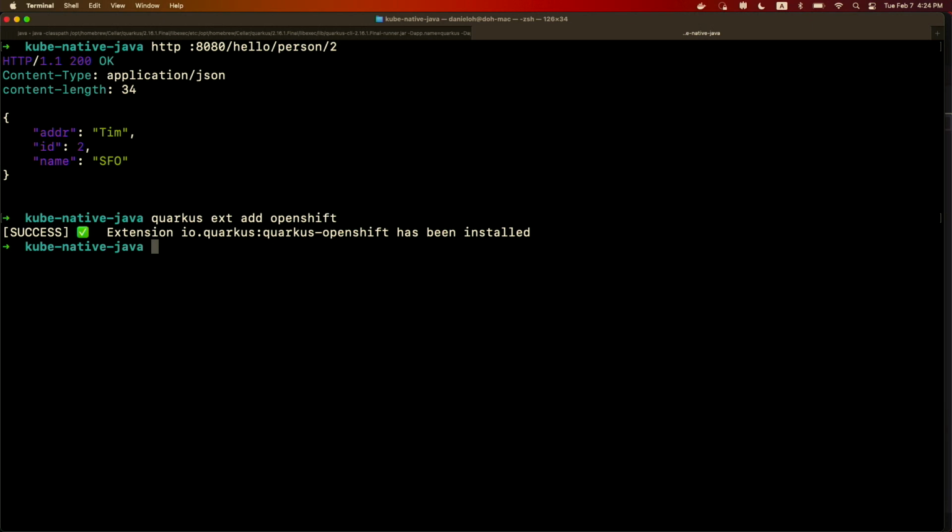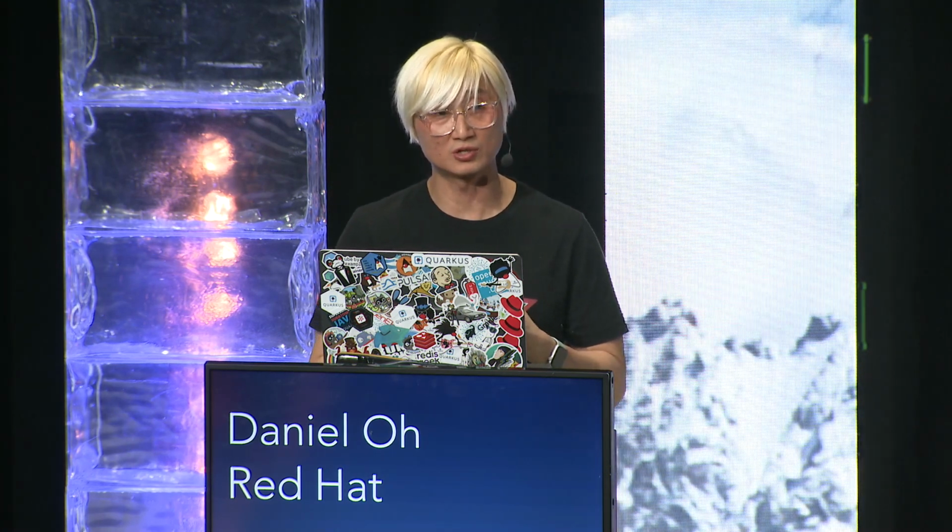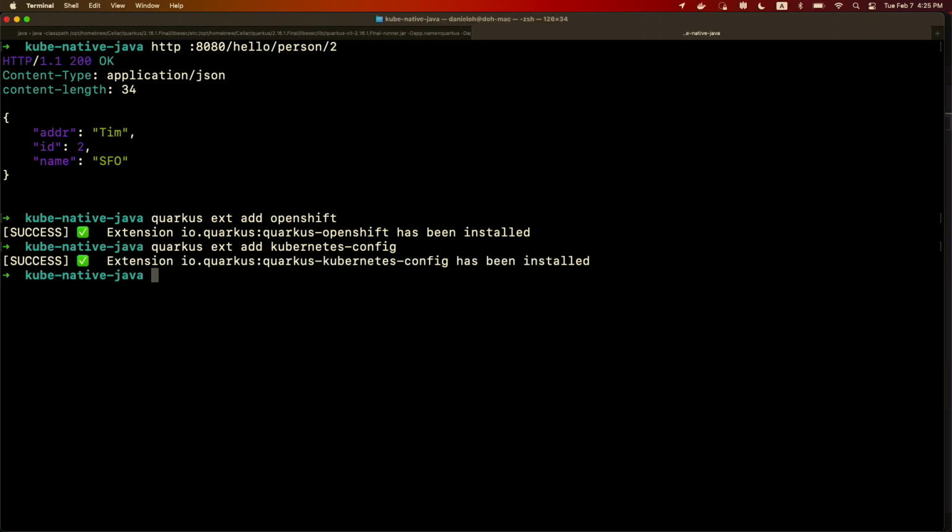In the general process, the developer creates the Kubernetes YAML file to define where my container image is, what kind of application, and where my services are, like Kubernetes services. For that, of course, you need to containerize the application, use Docker or Podman, and push that image, etc. But this extension automatically generates those resource YAML files, which makes it pretty easy to deploy your application to Kubernetes. And also, I'm going to add a Kubernetes config extension,